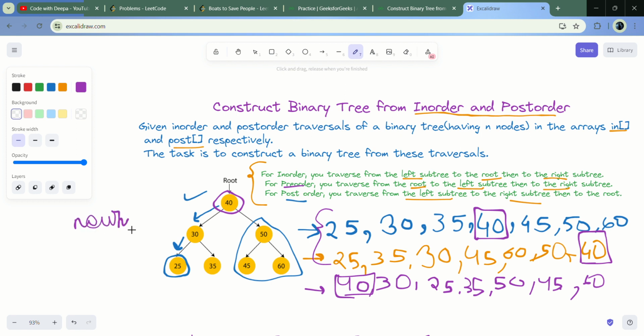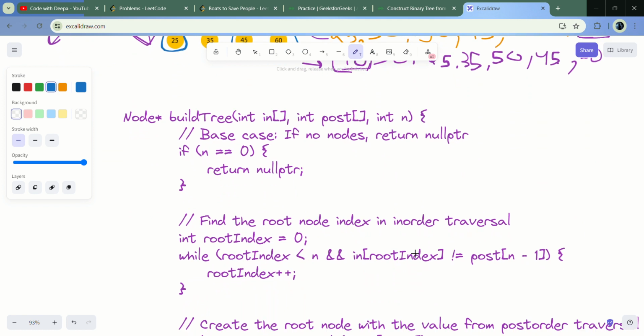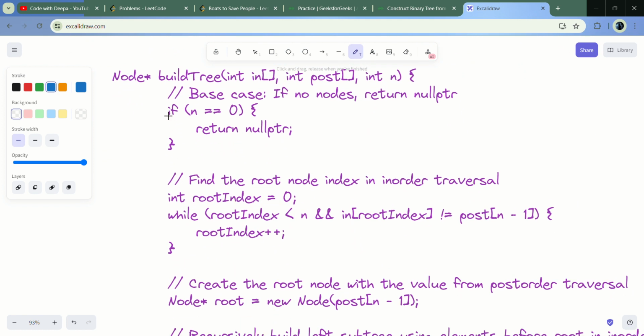Okay, with this particular value I will create a new node, and for this new node I will make a call to its left subtree and right subtree recursively, and that's how we will calculate the tree from these given two arrays, which are in-order and post-order. Okay, so now let us see the code in order to understand it more properly. Let's see the code. Okay, so the first here is our base case,